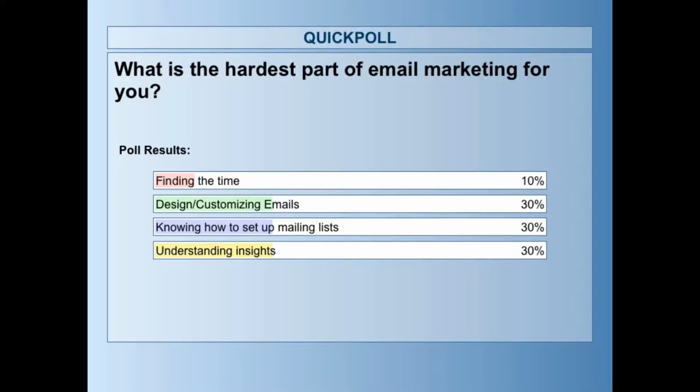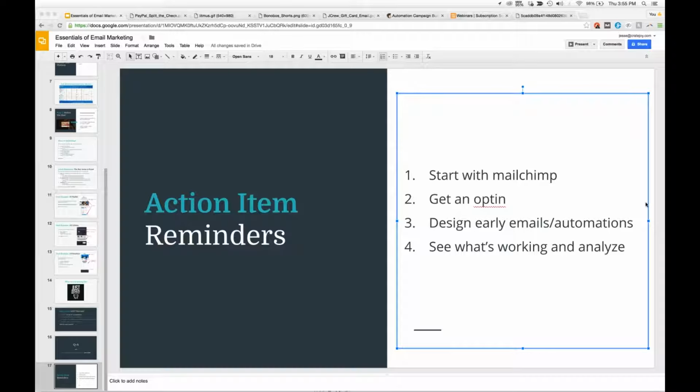Oh, I hit close on that a little bit early. Sorry about that if you were mid-voting. We got most of you voted, but I saw that some of you were still clicking around. So it looks like it's actually a pretty even split. It looks like design, setting up mailing lists, and understanding insights. I'm going to touch on a couple of these things because I want to make sure that we understand each one of them. I'm going to come back to the results on that poll after we get done with this Q&A. So let's jump in with